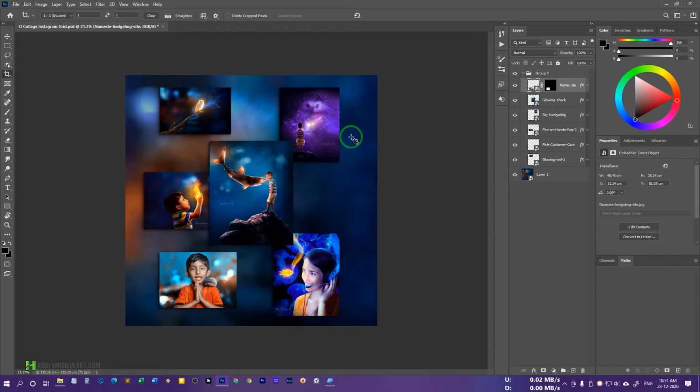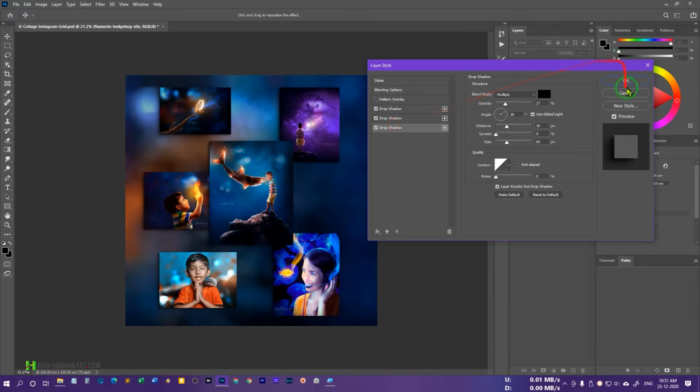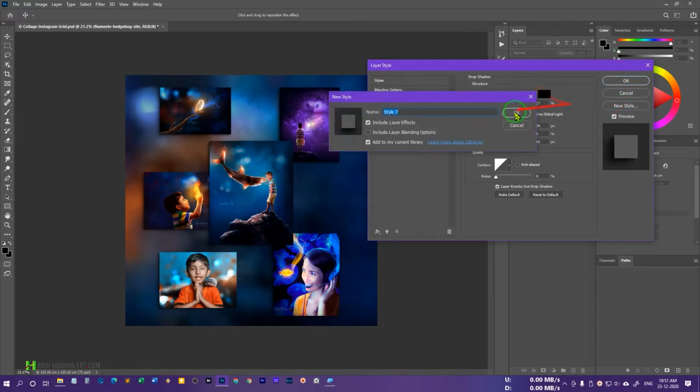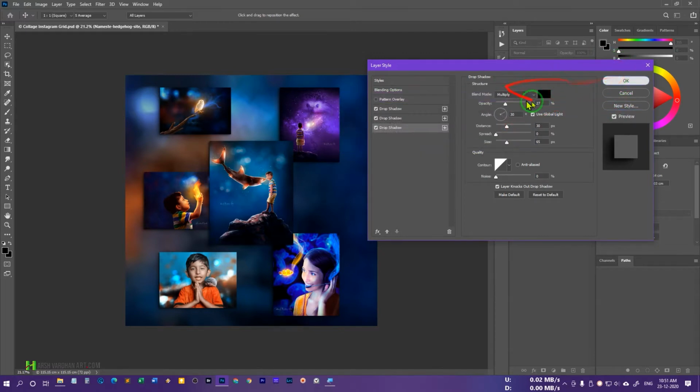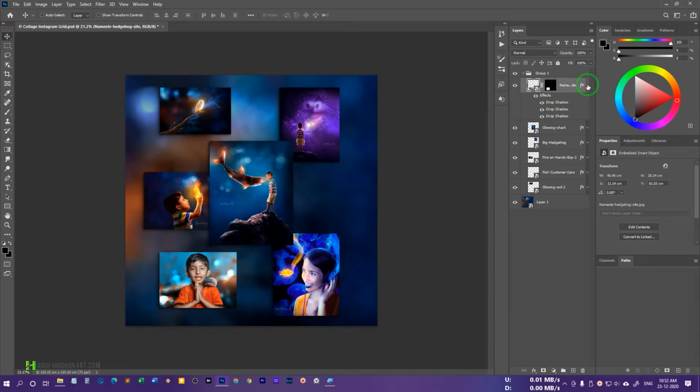So you have to place all of these, and I have just added a drop shadow effect on these. So this is the drop shadow effect. You can see it looks like a frame inside it. If I just turn this off and on, just see over here. So I have added these shadows, I have arranged them, and now comes the important part.